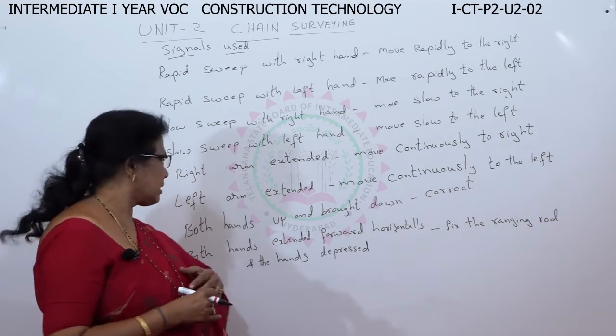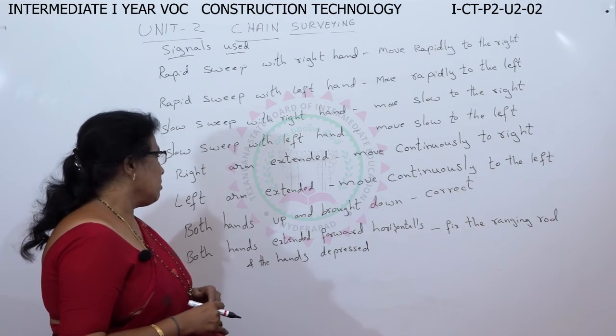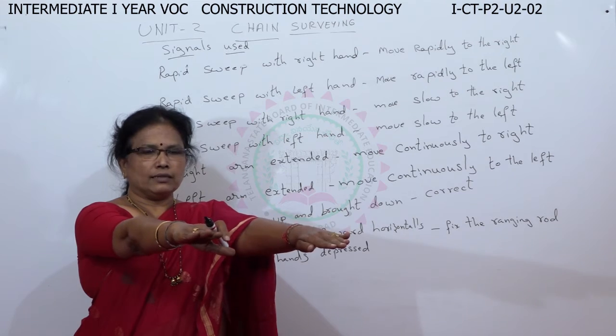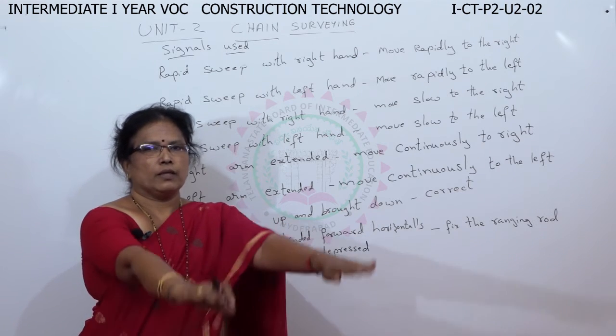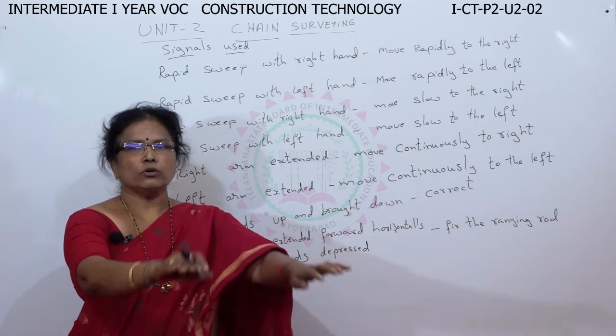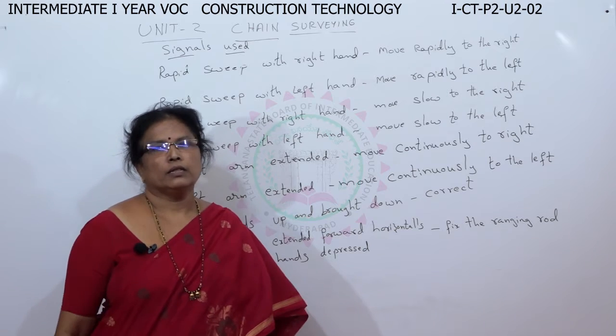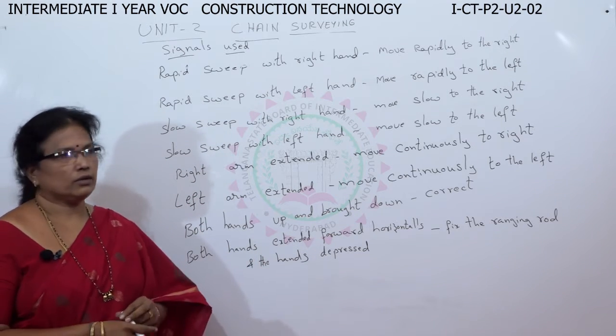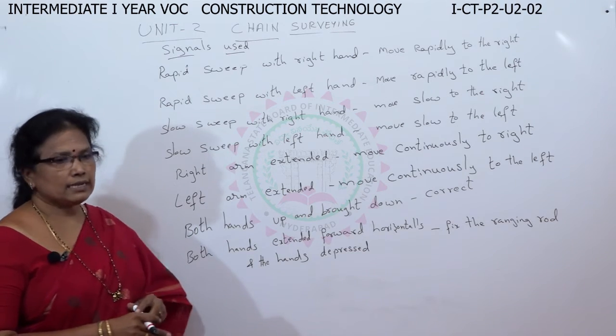The alignment is correct. Next is both hands extended forward like this and they are depressed. That means you have to fix the ranging rod. These are the signals followed in the field. Hope it's clear. Now next is